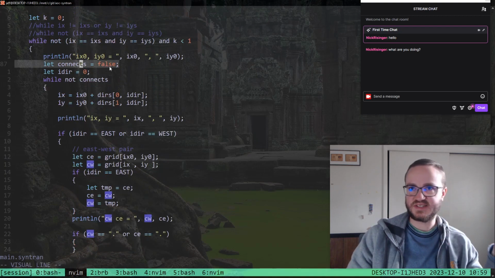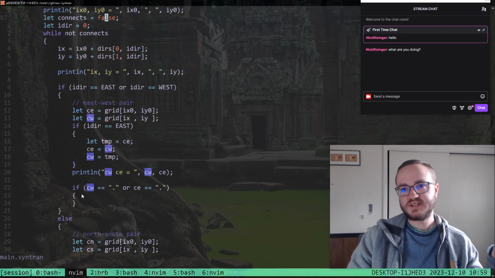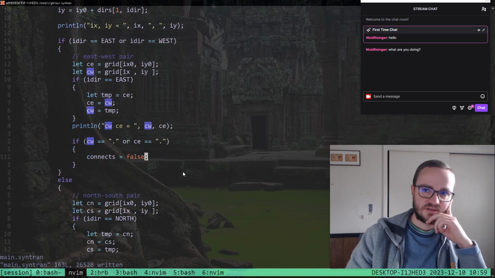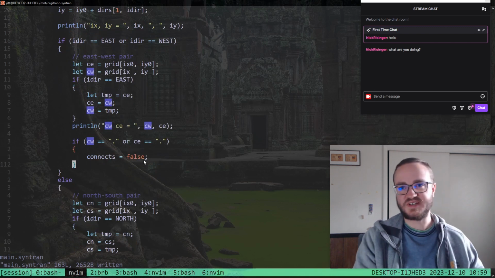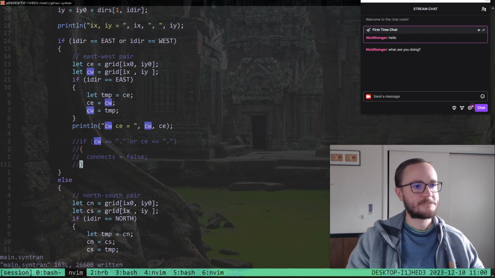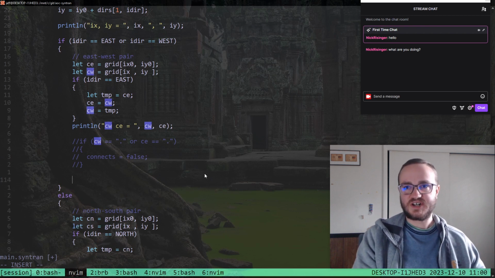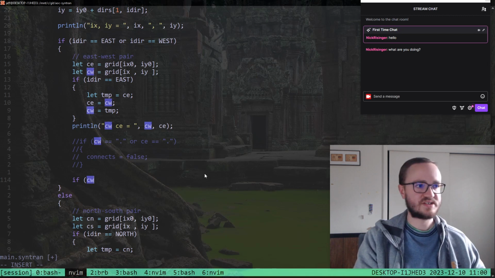I mean, connects is already false, so we don't really have to set it to false, but yeah, this does nothing because connects is already false. So what we want to look for is the pairs that do connect and not worry about the pairs that don't connect. So what combinations could we have? So if we have west,